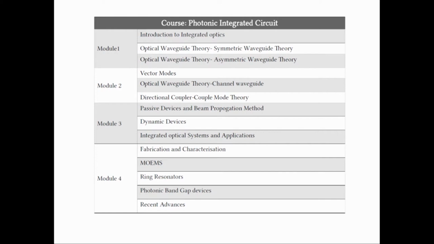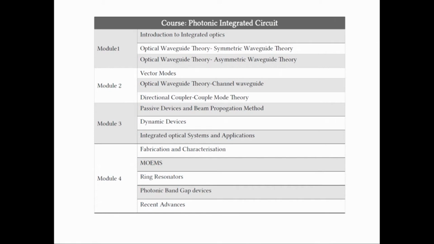And of course we also extended the theory to 2-dimensional or 3-dimensional waveguides called channel waveguides, which are the real basic elements of integrated optics, which can be used to make many other devices. So in module 3 we looked at many passive devices as examples and looked at the methods to analyze such problems. One particular method that we talked about is called the beam propagation method, which is a semi-numerical method